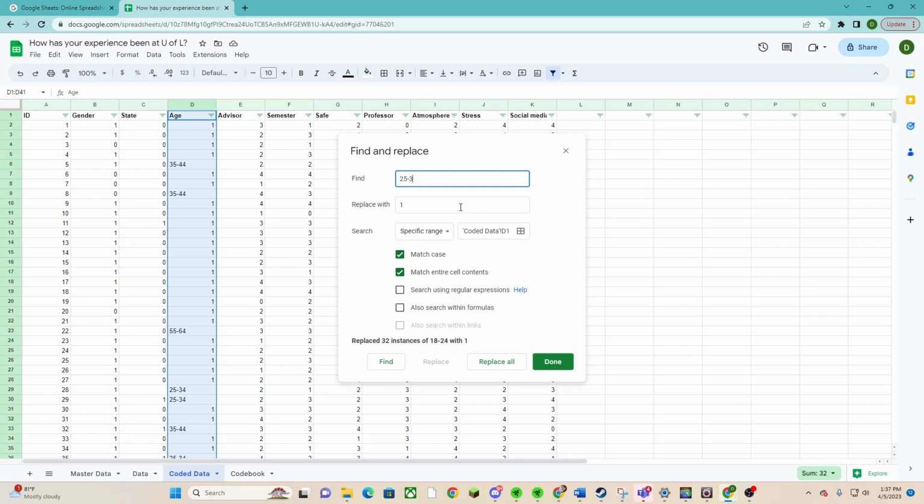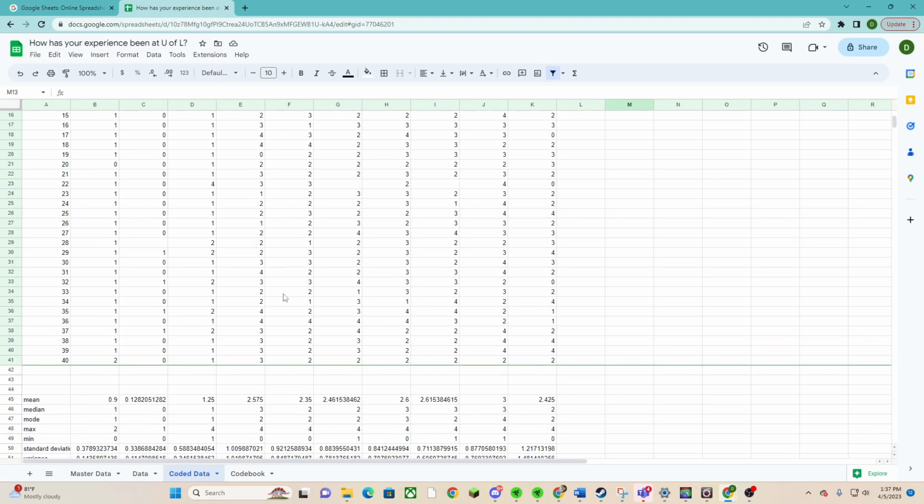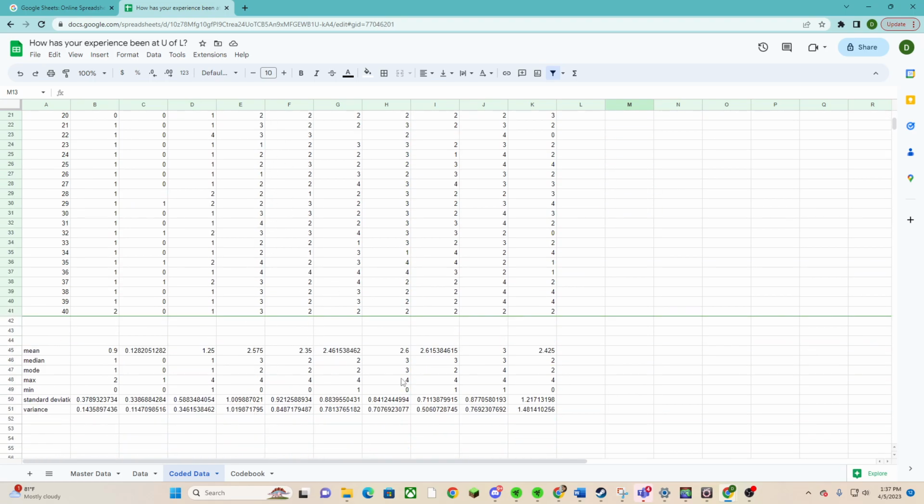25 through 34. Replace 2. 35 through 44. Replace all. 55 through 64. That's a 4, because it feels like I really did do this. Yeah. All right. So we have our age, and you see it calculated down there. All right. So we have our advisor. So all this came out. We have the minimums, the maximums, which satisfies the conditions for